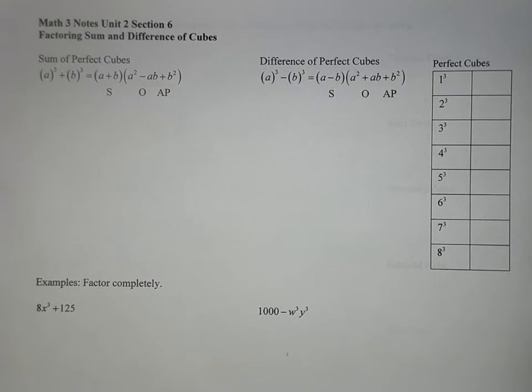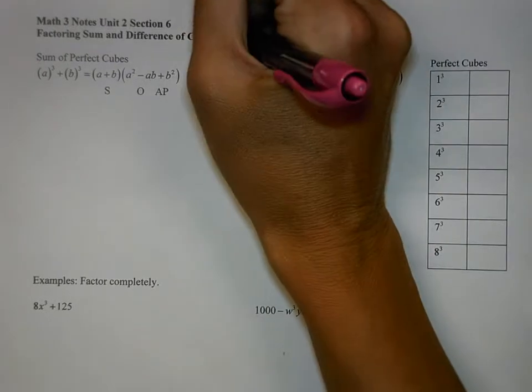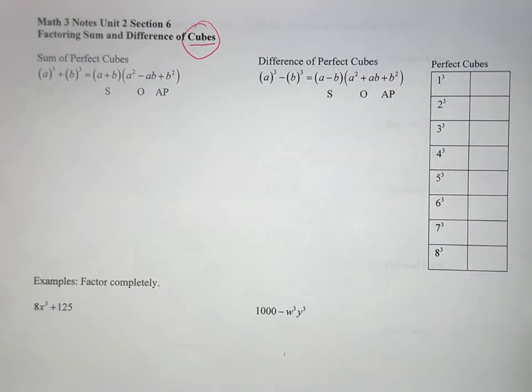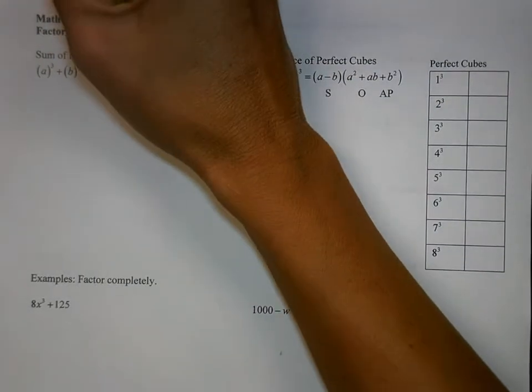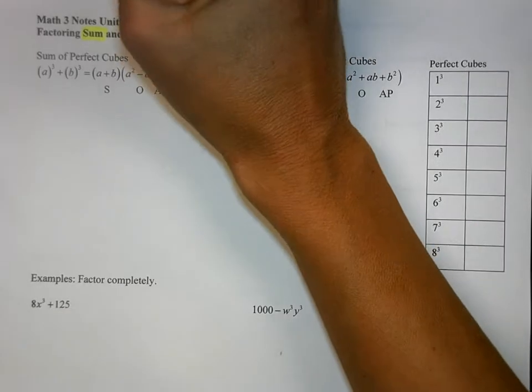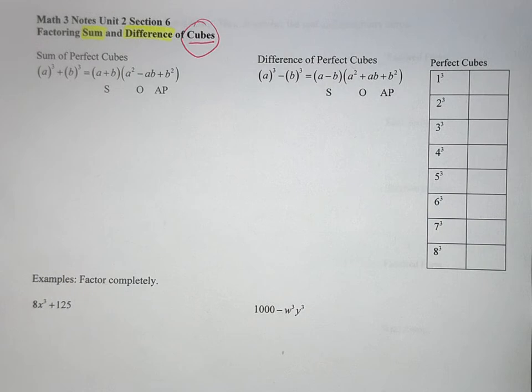Math 3, Unit 2, Section 6. Today we're going to be talking about factoring sum and differences of cubes. Earlier this week we talked about factoring perfect squares. You'll notice the difference: cubes have a cube. They're cubic. And then also we could only do differences of squares, and with cubes we can actually do sum